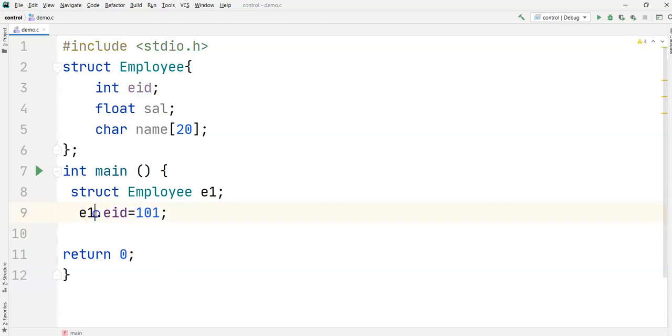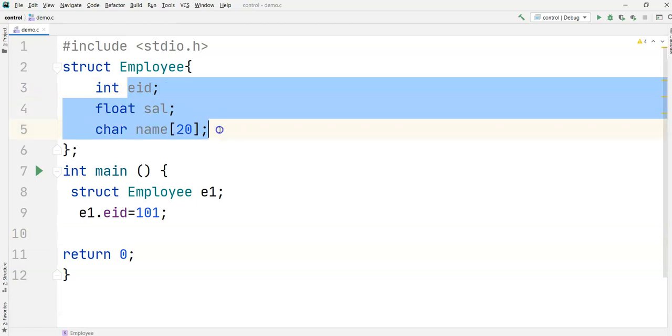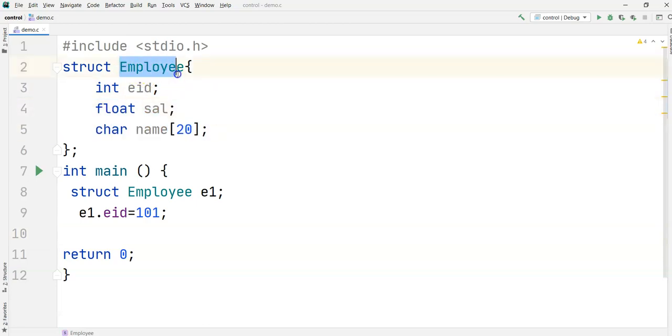So why am I using a dot operator? This is a dot operator. Whenever you want to store a value inside the employee structure, with the E1 variable, the employee variable, you use dot. You need to use dot to store the value, or even to print the value.